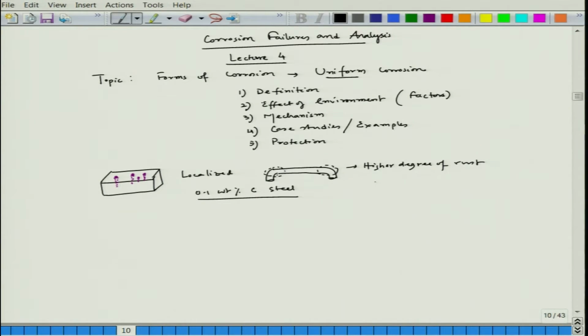So, if you have a kind of a container, and if the edge of this container is very sharp, you will see that corrosion will be localized here. Now, as the name suggests localized, that means it can never be uniform. So, uniform as the name suggests, for example, if we take this example,